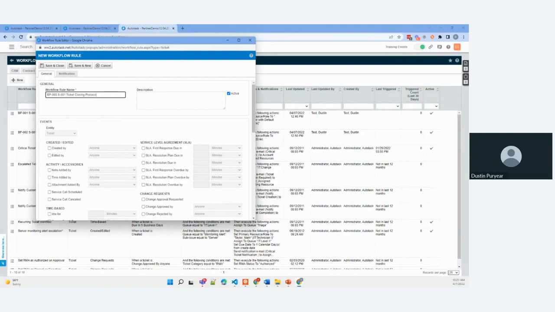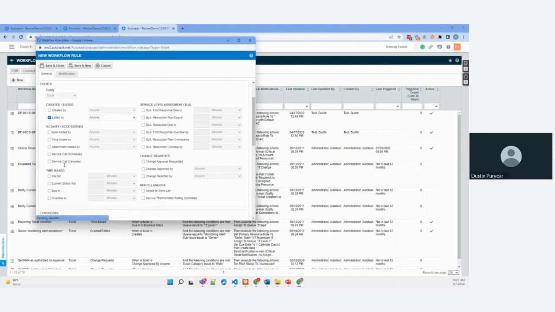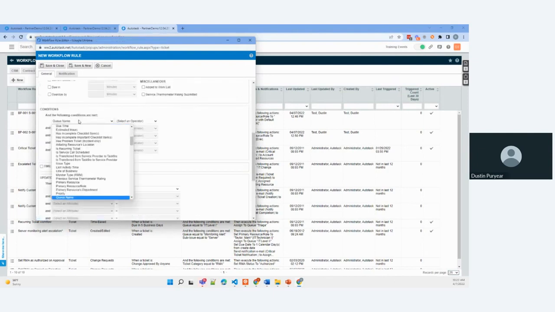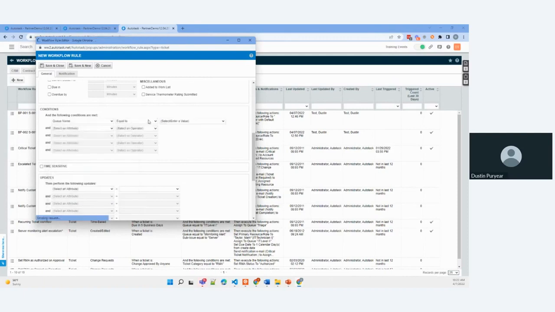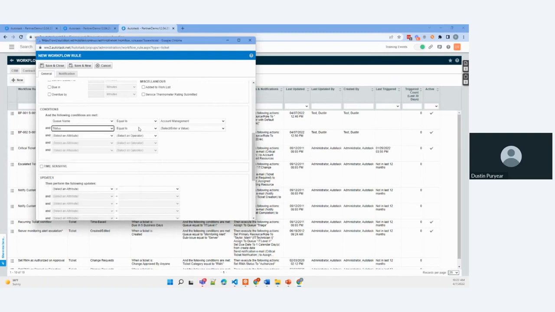All right. And so if I look at this, the workflow description was the ticket owner will use a ticket close form to send it to QC. So what we're going to do here is we're going to implement a quality control process for our company using Autotask. So we're going to say edited by anybody. And we're going to keep restricting it to account management because that's our example. And then ticket status changed to